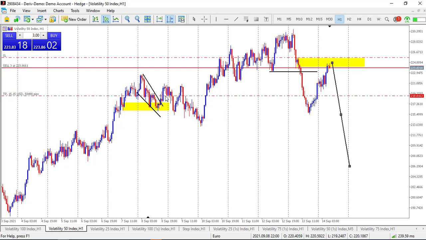That is 1 in 3. So 15 is here, so this will be your take profit. So this is 1 in 3, right? So this is how you calculate your risk using these